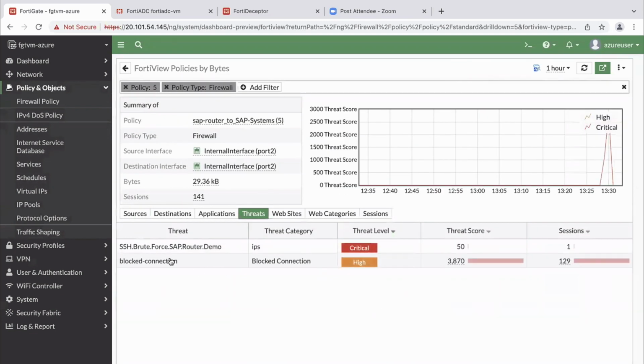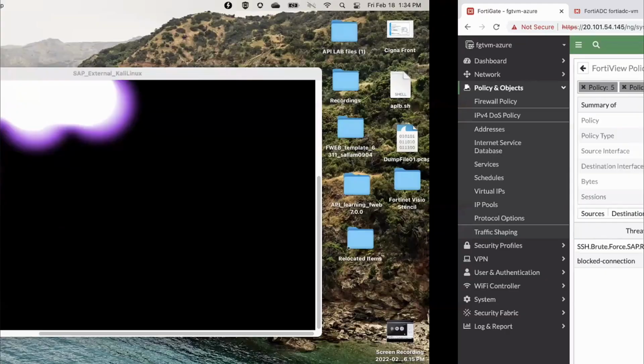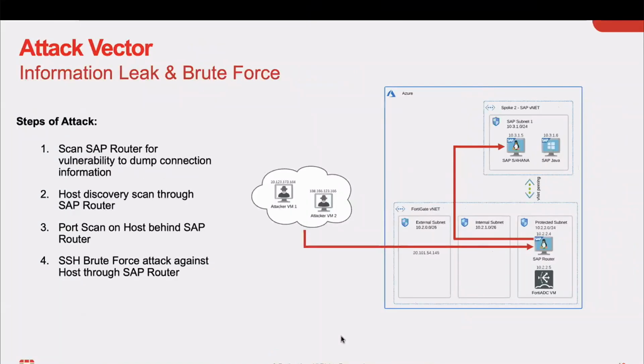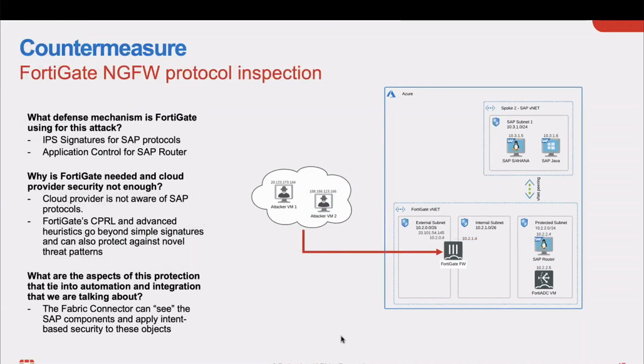And then the threat that has been caused is the brute force attack, or the brute force IPS signature it has matched. And then we are blocking that traffic. So that's what has happened, Julian. And then let me summarize this with this next